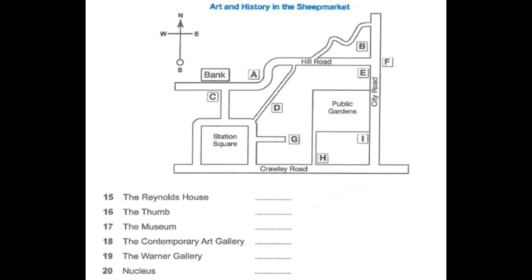That's open every day except Mondays. The Warner Gallery specialises in 19th century art. It's on City Road, near the junction with Crawley Road, on the same side of the road as the public gardens. It's open on weekdays from